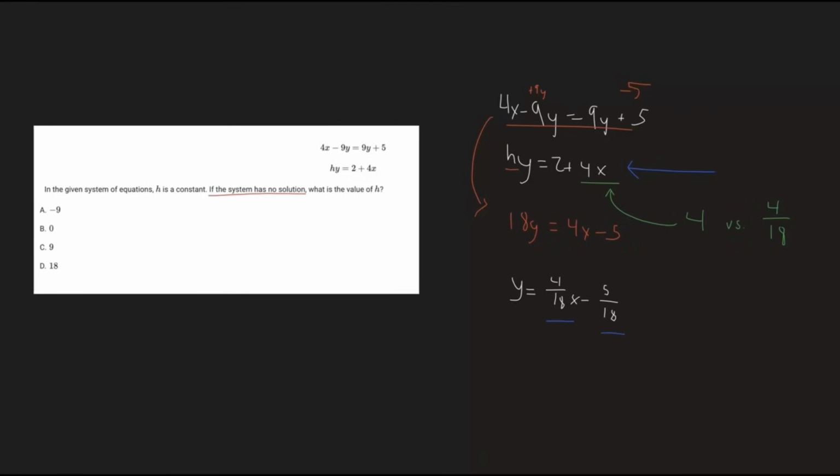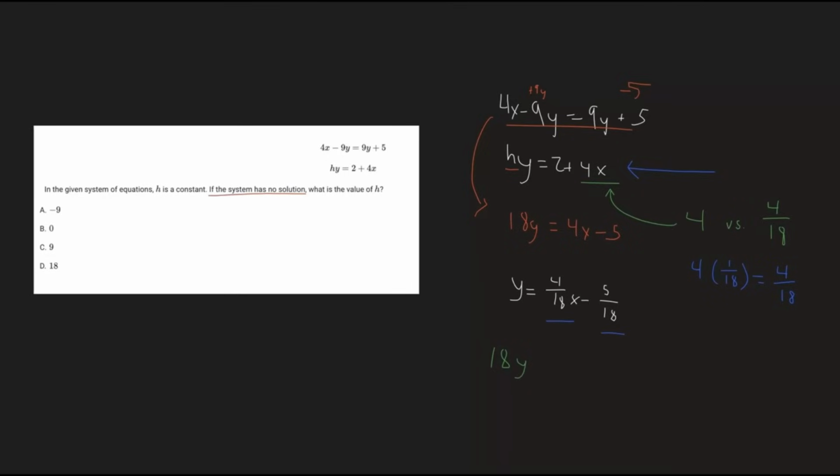Well, we can do this by just multiplying 4 by 1/18. And therefore, that will give us 4/18. And so how do we multiply 4 by 1/18th? Well, that's the same thing as dividing 4 by 18, right? And we know that in order to divide this 4x, the h value will have to represent that, right? So let's say h was 18, then 4 would be divided by 18 when you isolate for y. So I'll show you how this works. So if h was